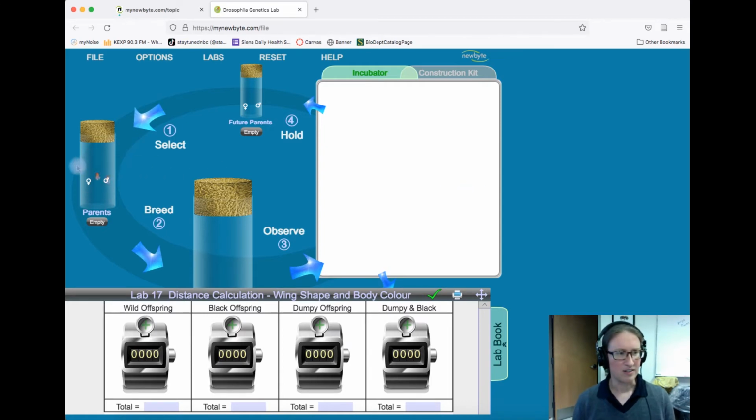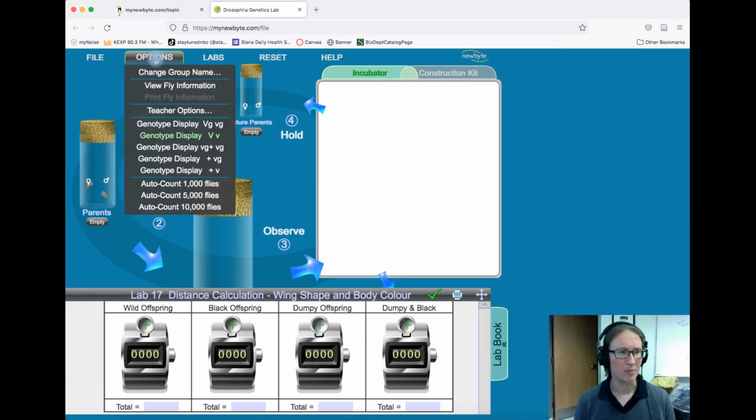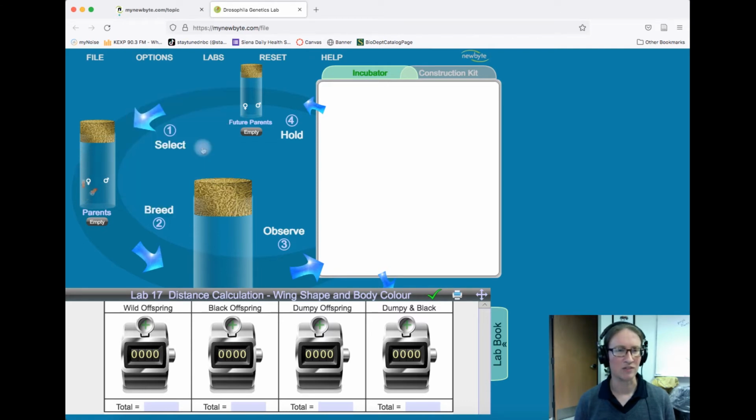So the first step is just to examine the genotypes of the parent flies. And for working with this, there's a couple of different ways to designate different genotypes. So we're going to change our genotype display in this case to the display that's listed here as VG plus VG, so that notation for our alleles. So then I'm going to come over to the parent vial, and I'm going to examine the female, the mother